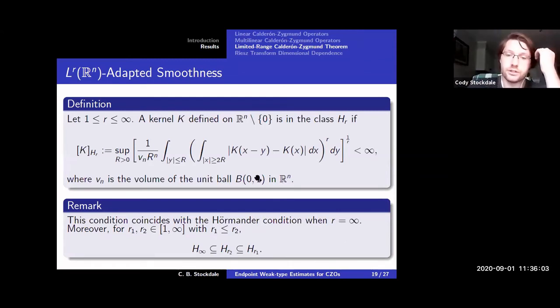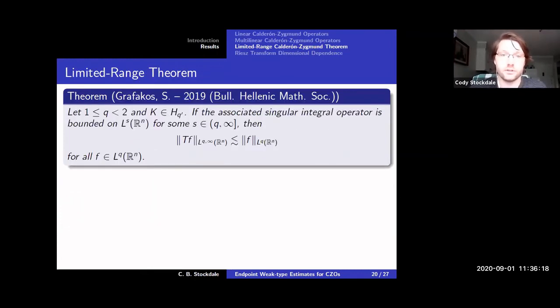So this is a weaker condition formally than the Hormander condition for R's that are less than infinity. Okay, so we have basically a fourth condition that's weaker than all three in the previous slide. So what can we say if we assume this condition? So the theorem, which is now in the Bulletin of the Hellenic Math Society, by Grafakos and myself, is that if